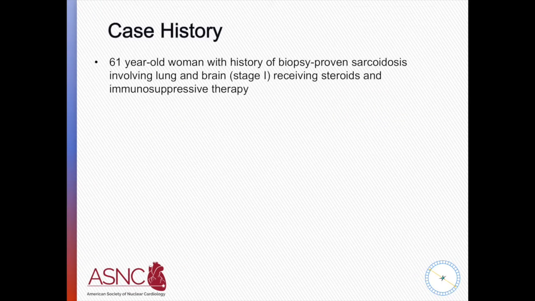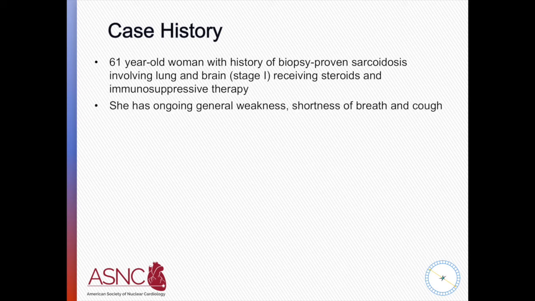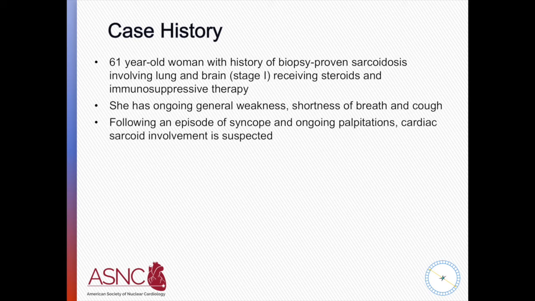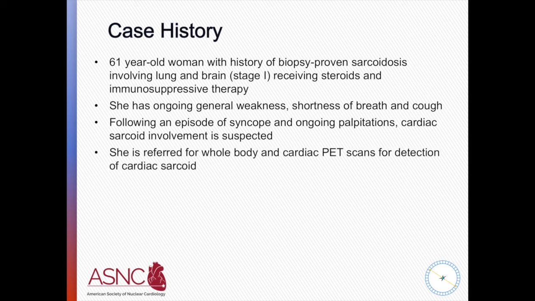So this was a 61-year-old woman who has a history of proven sarcoid that was involved in the lung and the brain, for which she received steroids and immunosuppressive therapy. However, she comes back and complains of ongoing weakness, shortness of breath, and cough. And more recently, she experienced an episode of syncope with ongoing palpitation, at which point there was concern for cardiac sarcoid in this patient. Therefore, the patient was referred for whole body and cardiac PET scans for the identification or screening